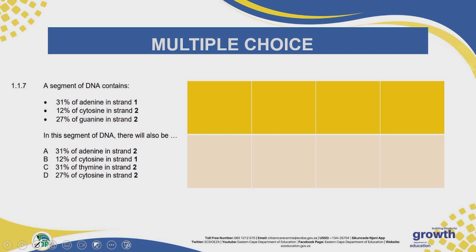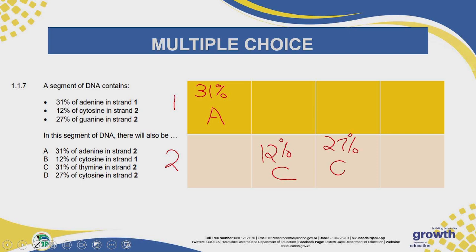So let us take this as strand 1 and that one as strand 2. Now it is telling us in strand 1 we have got 31% of A. Then it tells us that in strand 2 we have got 12% of cytosine. Then again it tells us that we have got 27%